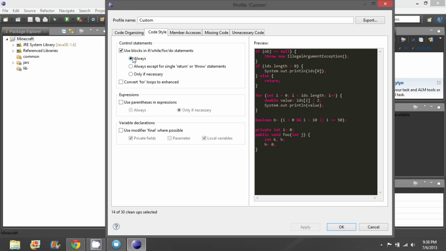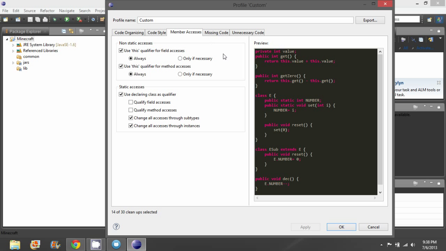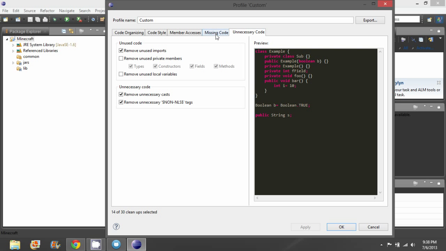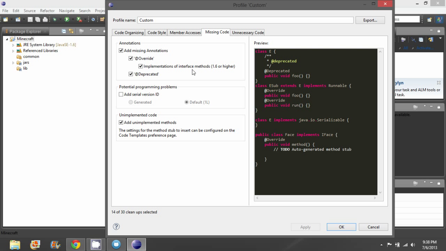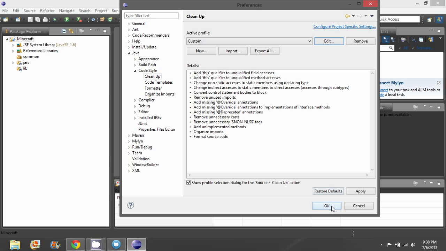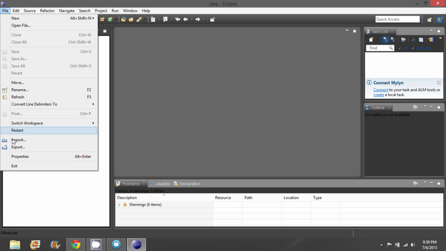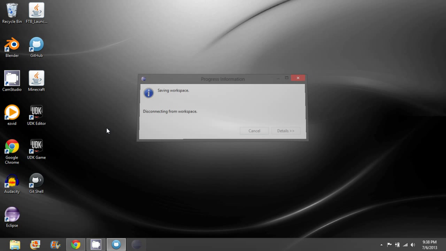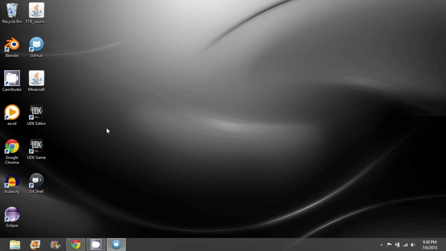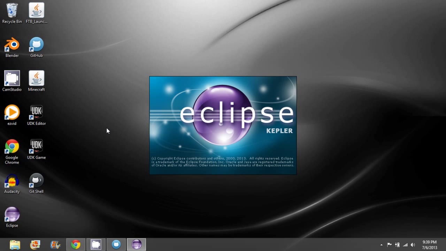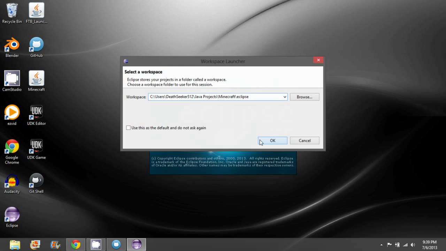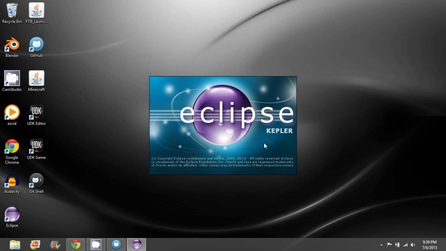It always puts a block around everything, and so on. It adds the override and deprecated annotations, and so yeah, that's it. I'm going to hit OK. And file and restart. Once this restarts, which only takes a second. Well, actually, I'll be back whenever it's done.